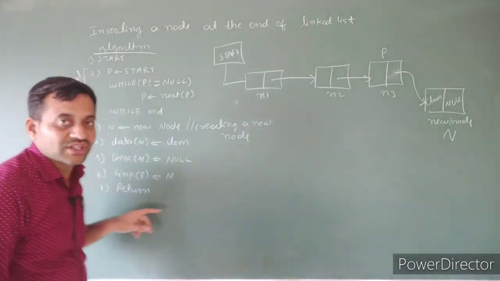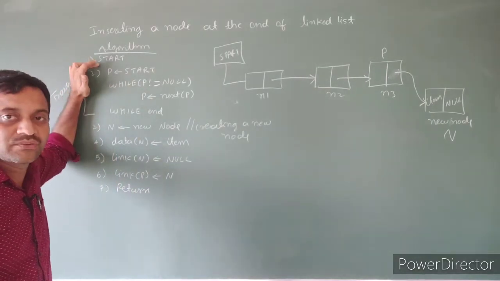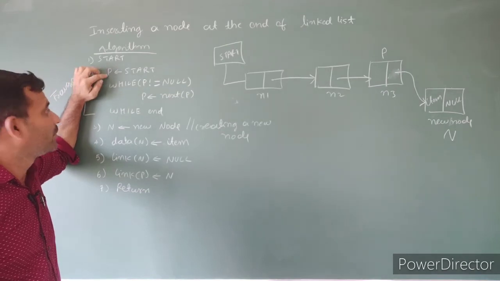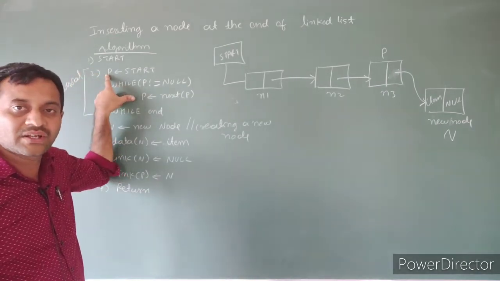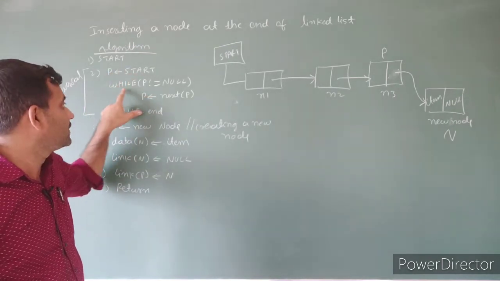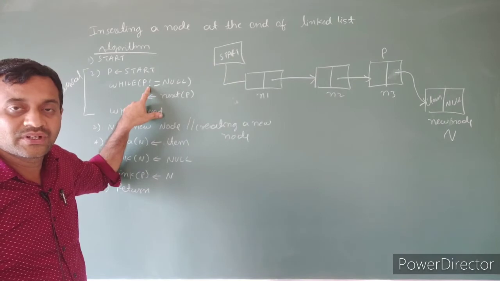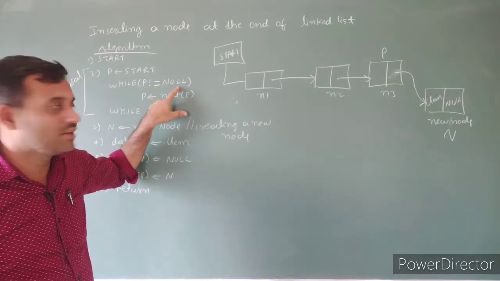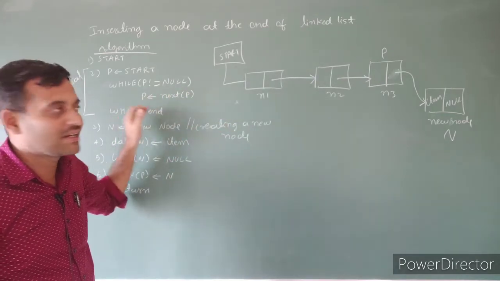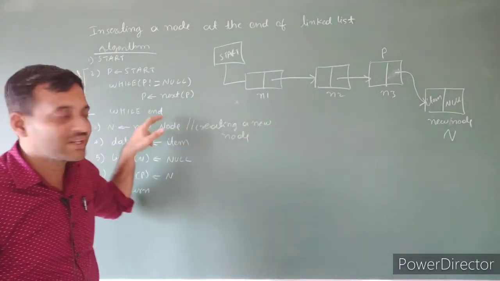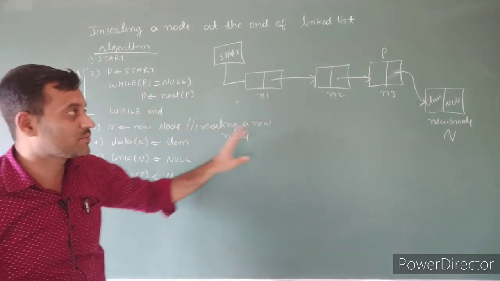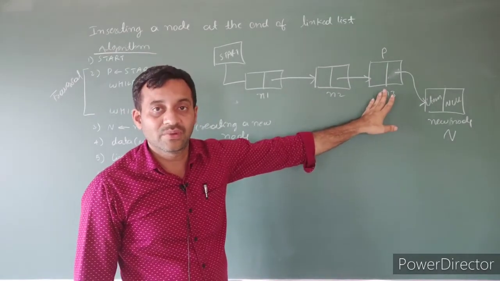These are the procedures. First, at the beginning of the linked list, we traverse the linked list by assigning a temporary variable P. P is a temporary node. It stores the address of the first node. Then traverse the linked list. If the link part of P is not equal to null, just move on to the next node. When it reaches the last node, it terminates. When it terminates, the condition returns false, which means P is at the last node.